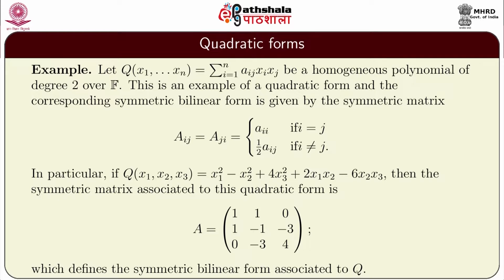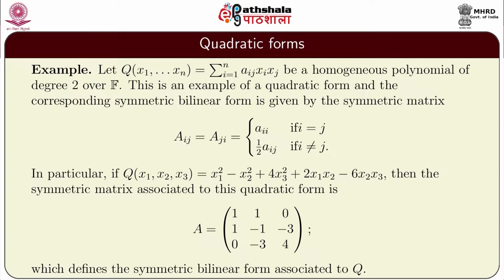If you look at the 1, 2 position, that is the first row second column position of the matrix, you see the number 1 over there, which is half of the coefficient of that monomial x1 x2. Similarly, if you look at the 2, 3 position, that means second row third column, you see the number -3, which is half of the coefficient of the monomial x2 x3,